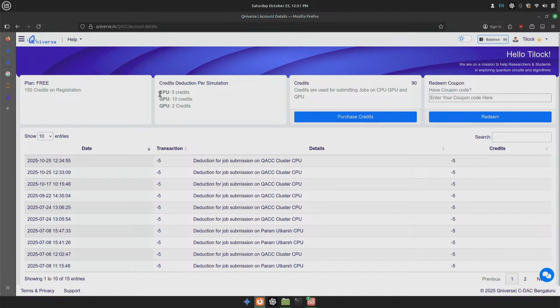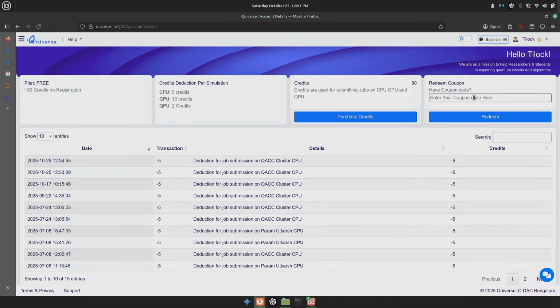If you run your jobs on CPU, 5 credits will be deducted. If you run it on GPU, it will be 10 credits, and QPU will take 2 credits. Once you have run up all your credit points, you have to redeem. You need to have a coupon code, or you can directly contact our CDAC team, which will definitely guide you to get more credits or redeem points.